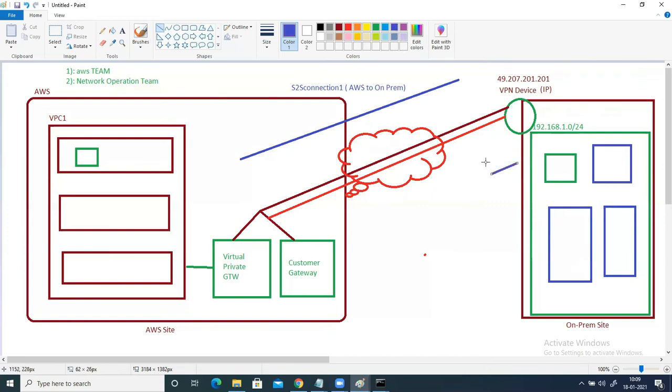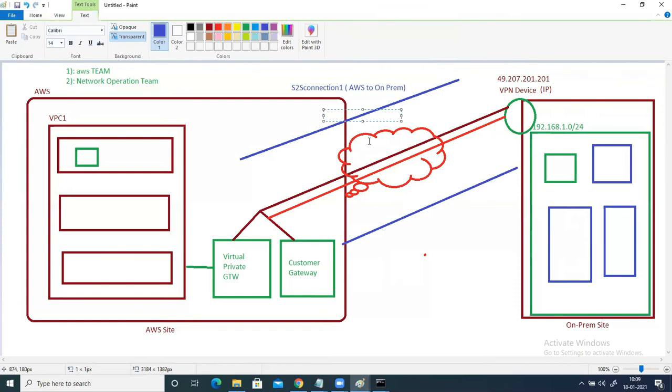Because only when the connection happens in both directions will data flow. Otherwise, this handshake will not happen.